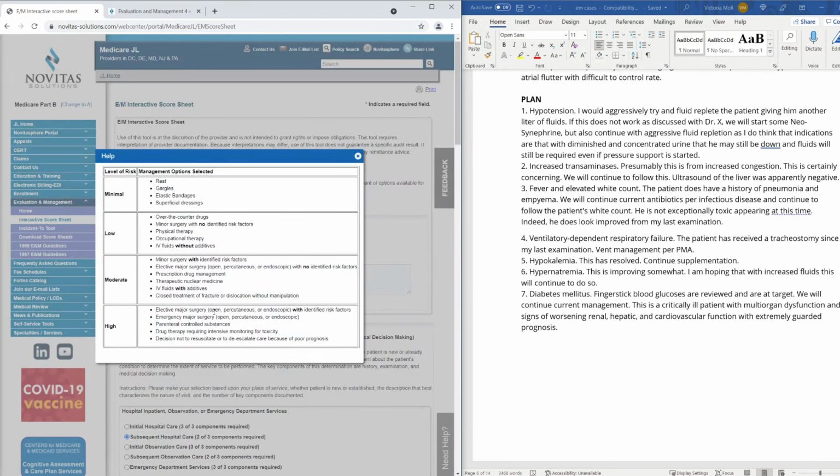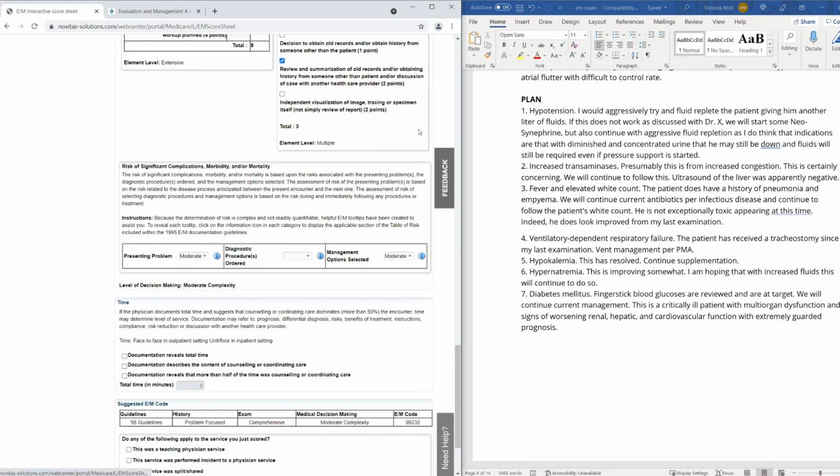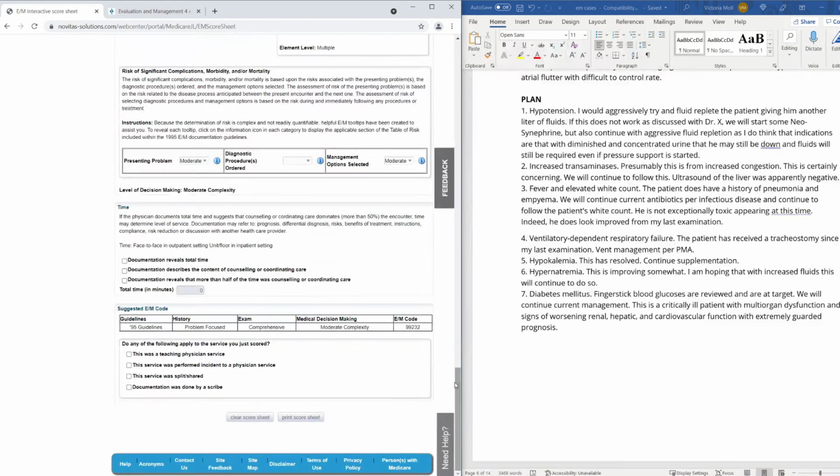We're not doing elective surgery. We're not doing monitoring for toxicity because they're on very regimented drug therapy. We're not doing a DNR or de-escalating care. So I think in this case, again, it's more of our moderate level. So that'll bring us to a 99232 level of service because we have a problem-focused history, comprehensive exam, and moderate